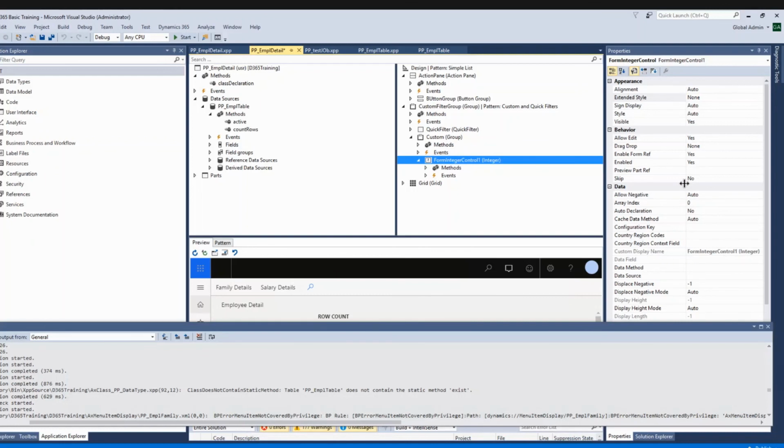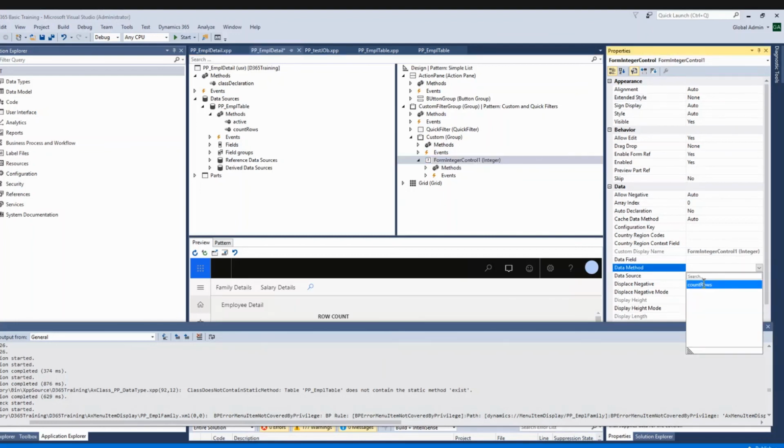So here in data method I will select the data source. See, countRows, this we just created, so I selected this. I will change the name and display.